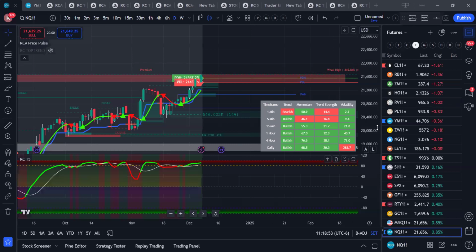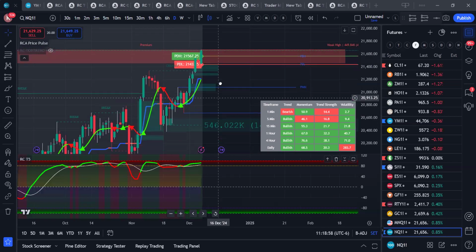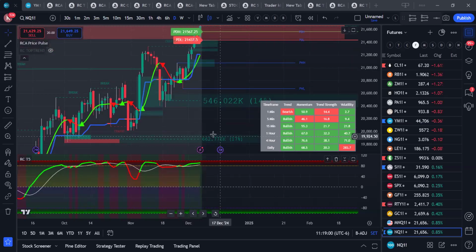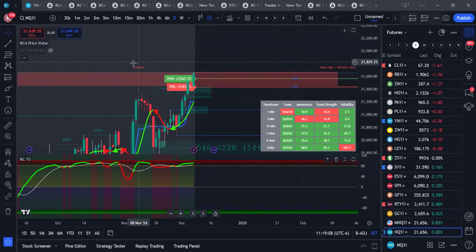NQ is still bullish. Even though you see there are 662,000 buyers, 546,000 buyers, you see a lot of buy order blocks, right? As of now, it came all the way to premium, but still you don't see any sell order blocks,